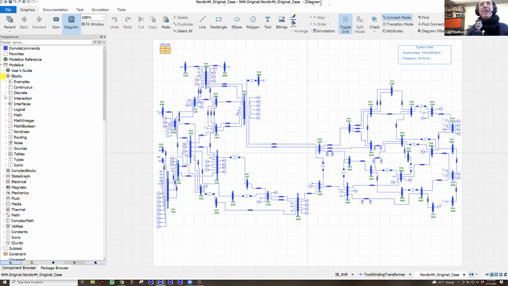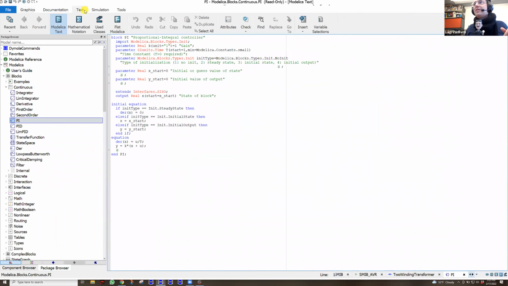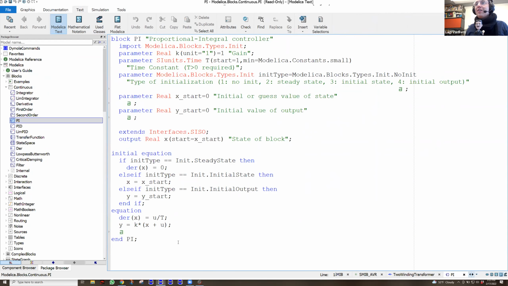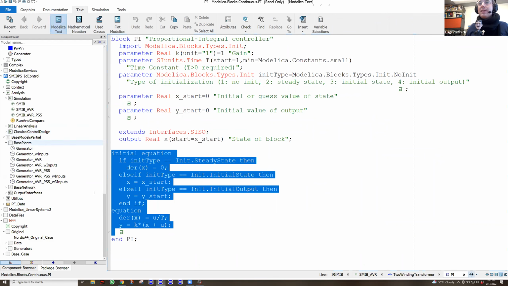So the equations are never hidden from the user in principle. It could be that you have some sort of proprietary library that uses encryption and you cannot see it. But if you look at a simple PI controller, you have here the actual equations of that model. So it's never hidden, which gives you transparency and helps in understanding, right?